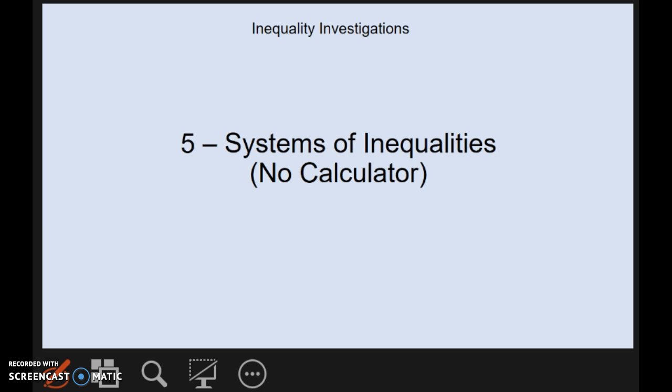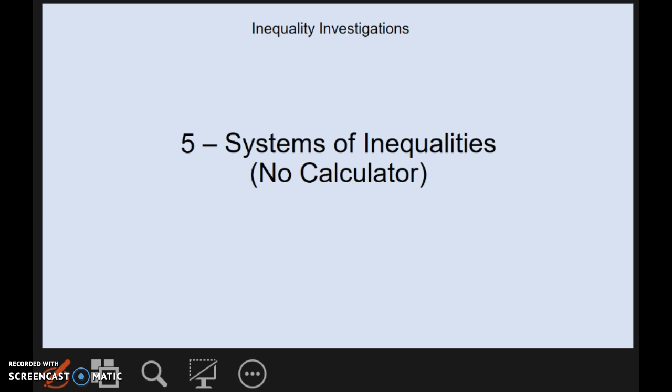Instead of having multiple equations graphed, where they're just the line and we're looking for a point of intersection, we're going to have inequalities graphed, which changes things up a little bit for us because now we're going to have shaded regions as opposed to just the line itself. And to show you what I mean by this, I'm going to graph a system of inequalities on Desmos,